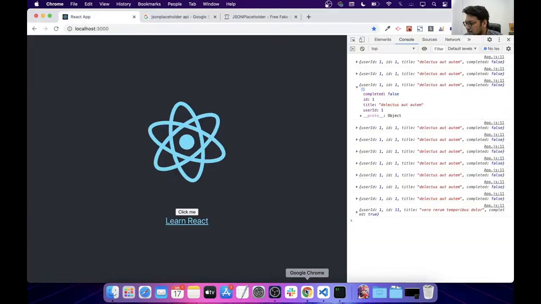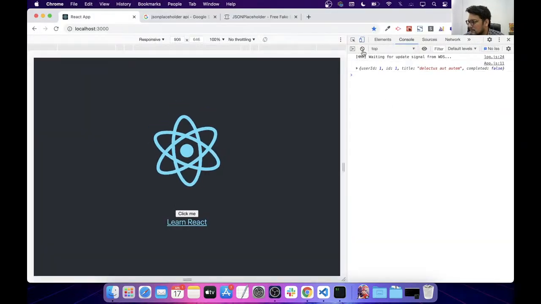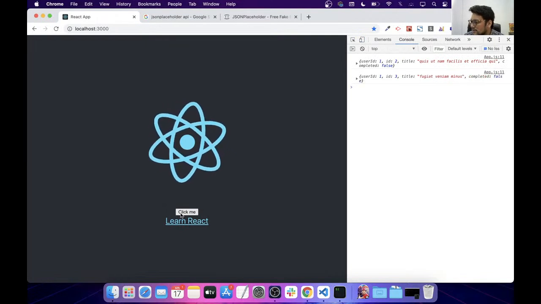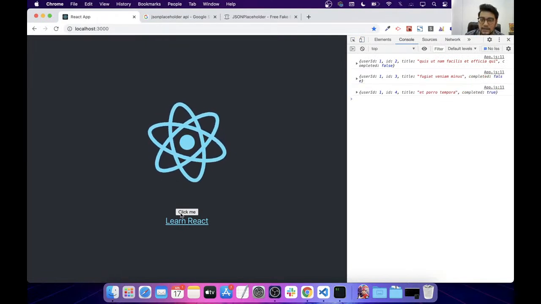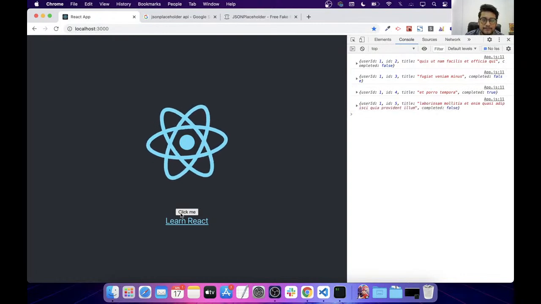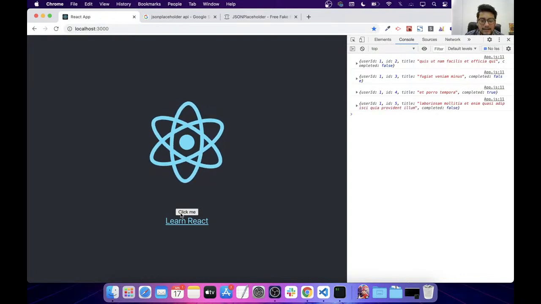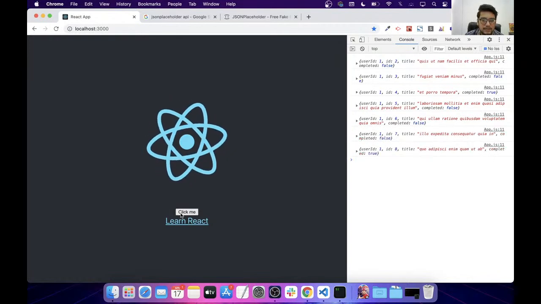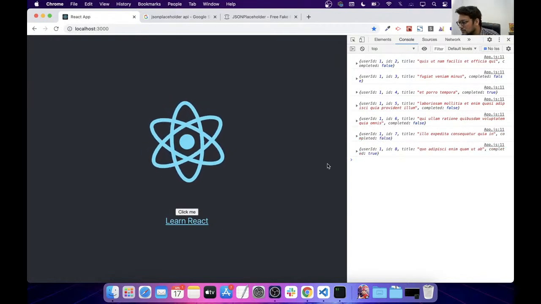Okay, so I go here, I click on click me. Now you can see the ID 2, you can see ID 3, and even you can see the title changing, right? I can say ID 5, ID 6, and it just keeps happening, right? So